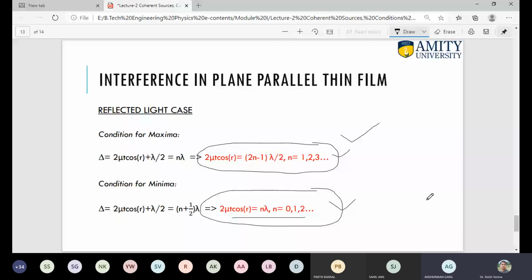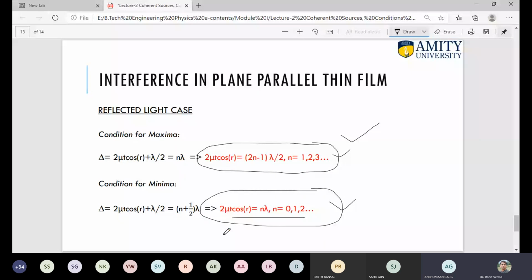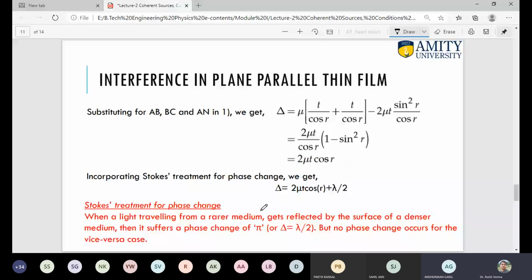Excuse me, sir. Yes. Sir, why are we ignoring the Stokes treatment in the transmitted light case? Okay. The Stokes treatment, let me go to that slide. Read the Stokes treatment. When light traveling from a rarer medium gets reflected by the surface of a denser medium, then it suffers a phase change of pi or a path difference of lambda by 2. So in case of